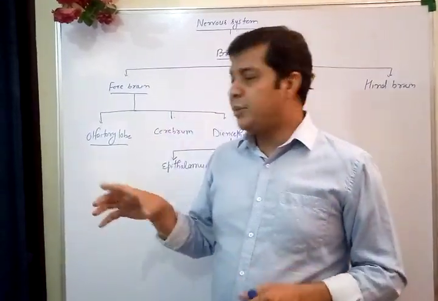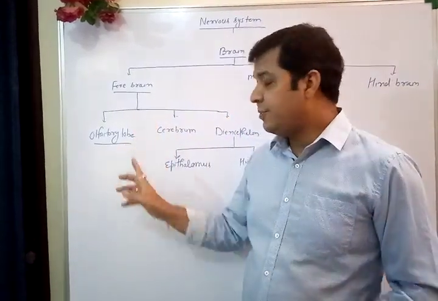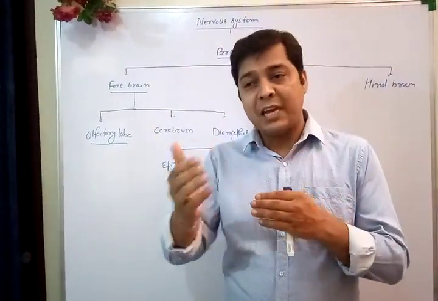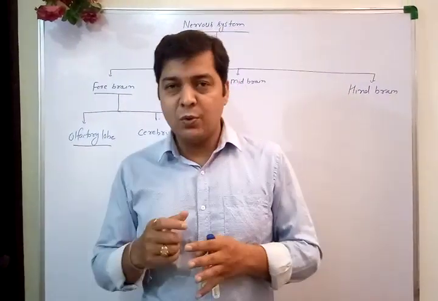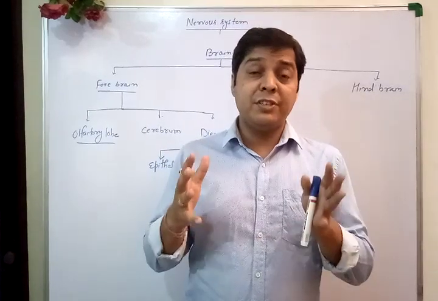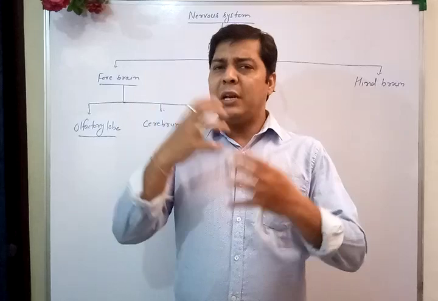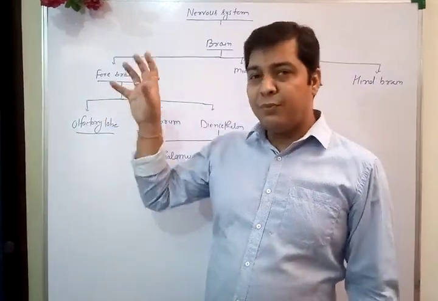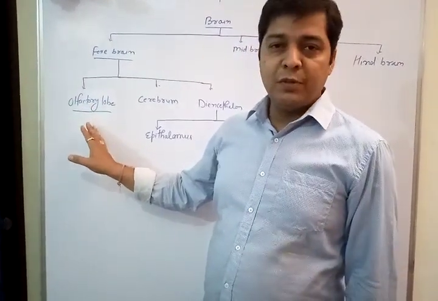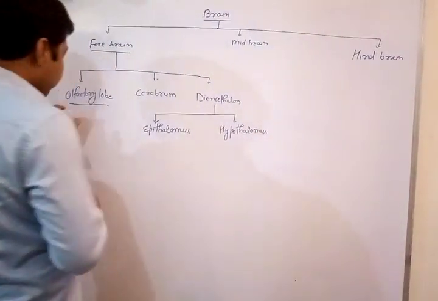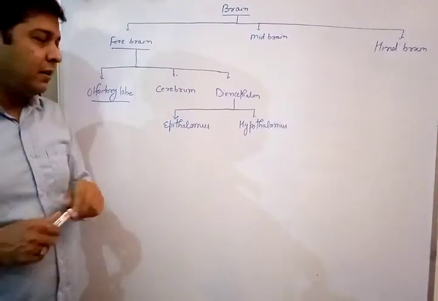All that information is received by the olfactory lobe of the brain, and it is responsible for giving a message as per the smell. If there is a very foul smell, we try to close our nose and run away from there. If we smell a fragrance, we stay for some moment. So the decision of which smell is good or bad is made by the olfactory lobe. I think this is clear.